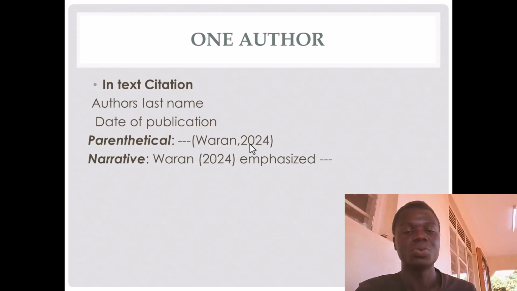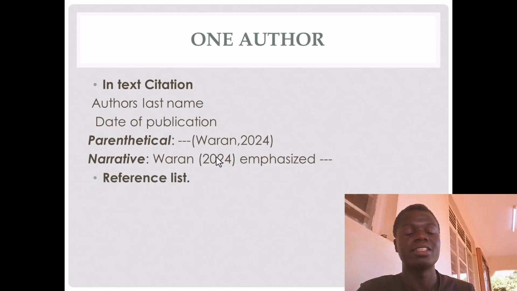Narrative is when you are bringing it in front of the text. The way you put it is different from when you're bringing it at the end of the text. You need to write the author's last name, and then you include the year of publication. In this case, the year of publication is the only one that is included